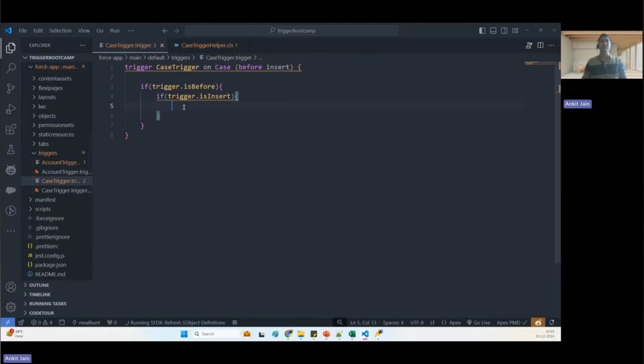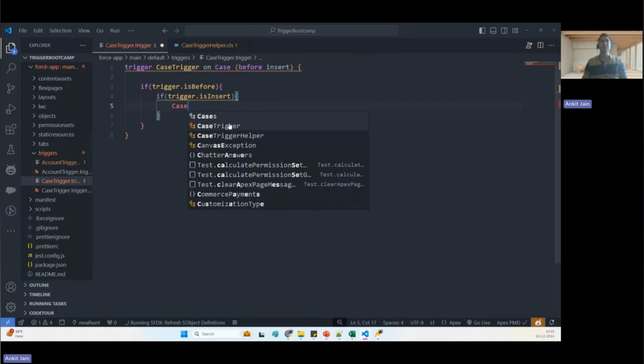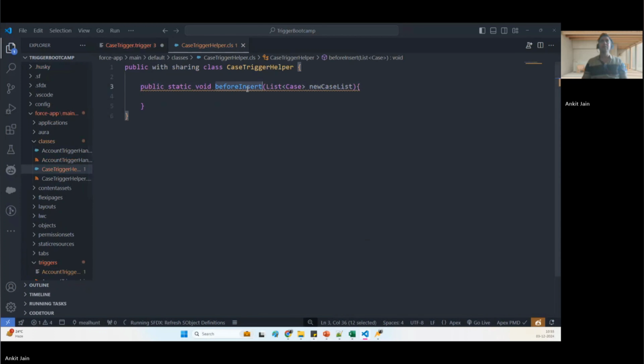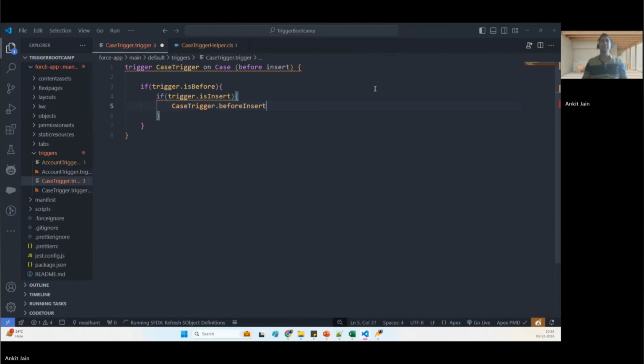Now the job of my trigger is to only invoke that method. So here I'll be putting the case trigger dot before insert, and what I'll be passing here is the Trigger.new. Now coming to my